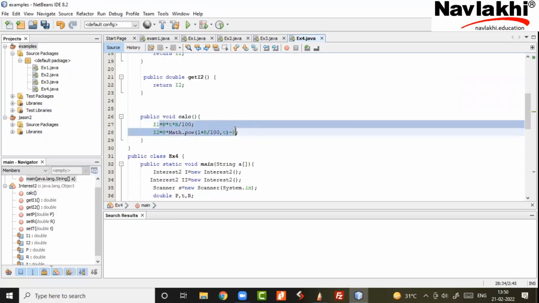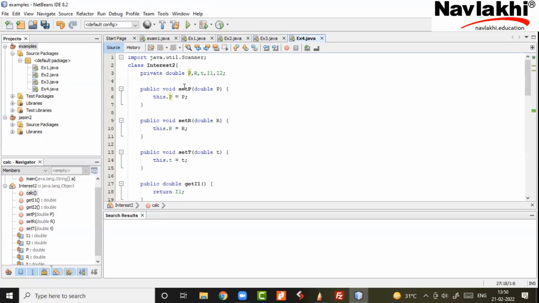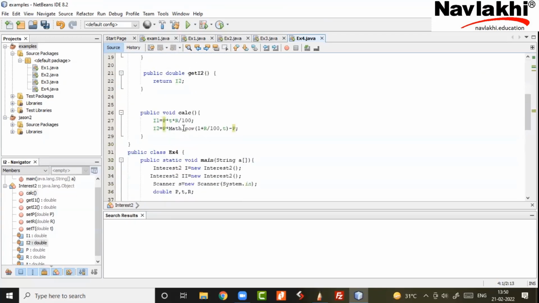So calc has the same set of formulas, but these are so important: when I talk of these variables, it's not that simple. They are the variables of the caller. Now who is the caller?